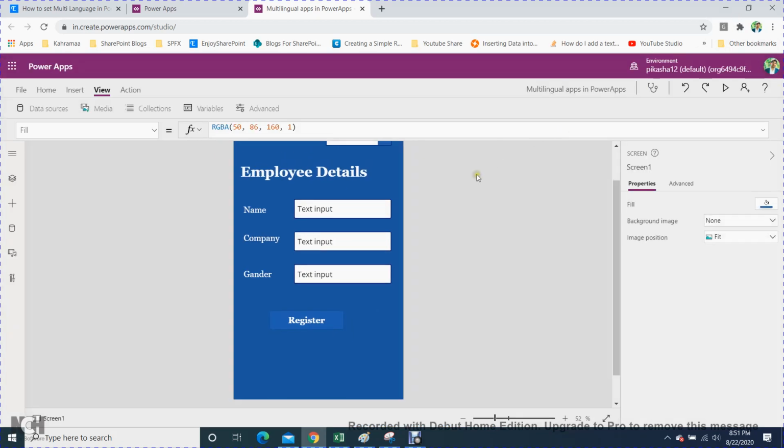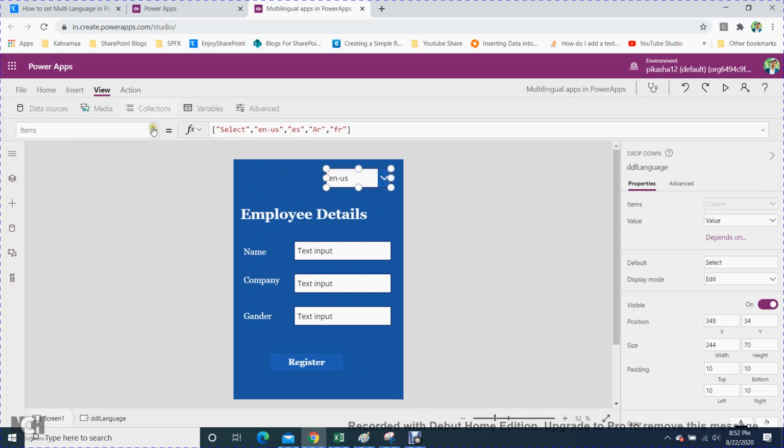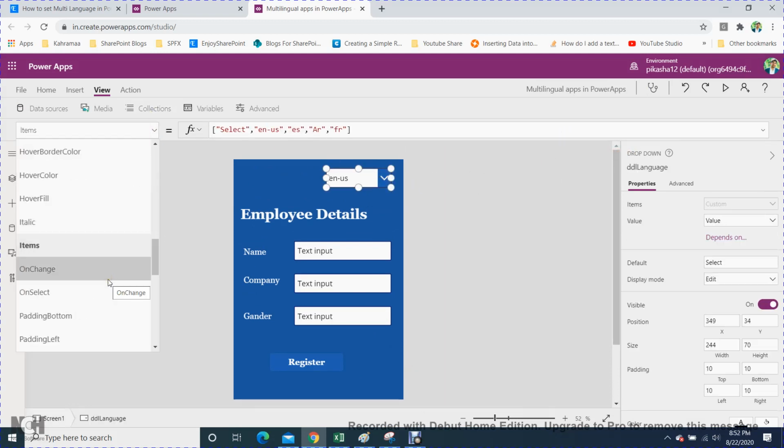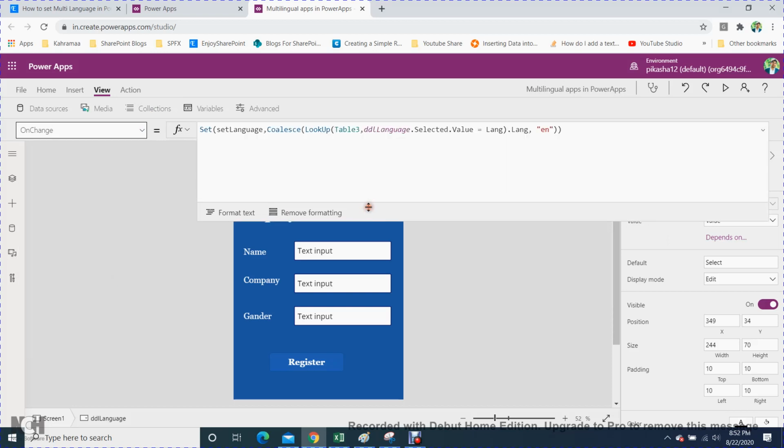So next, just go to the drop down, select change. In the OnChange property of the drop down, you can set a global variable here, set language.